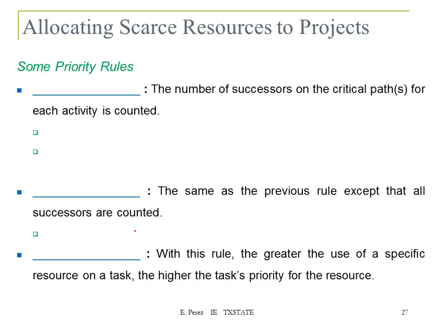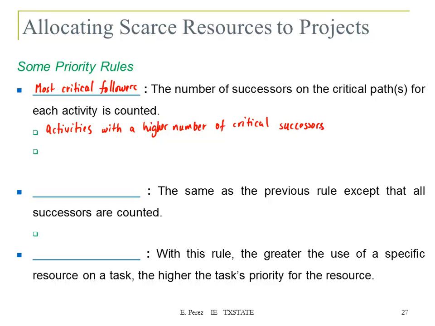The next one is called most critical followers. In here, the number of successors on the critical path or paths for each activity is counted. So you're going to look at the number of predecessors, and the activities with a higher number of critical successors take precedence,